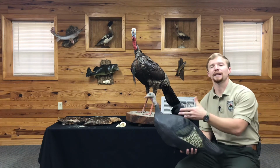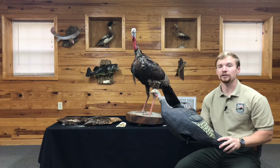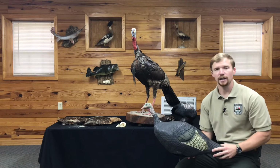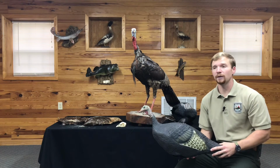That way, when it comes time to hatch, they all hatch at the same time. The hen will build her nest on the ground, hidden in the bushes. Most ground-dwelling birds, like turkeys, ducks, geese, when their babies hatch, they're already pretty mobile and they can walk and